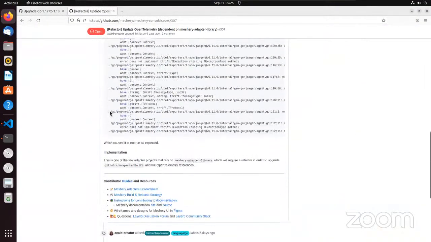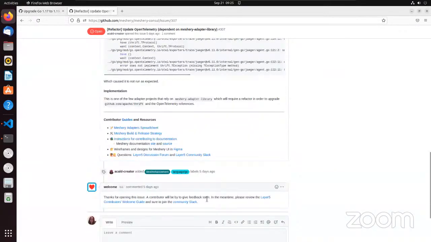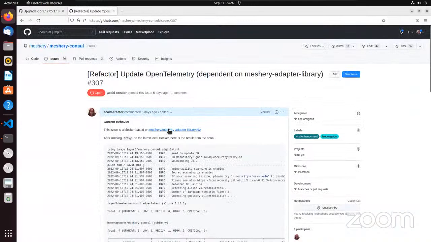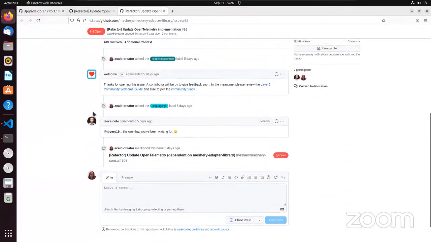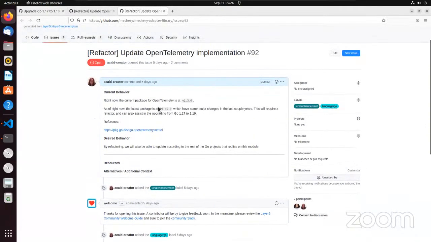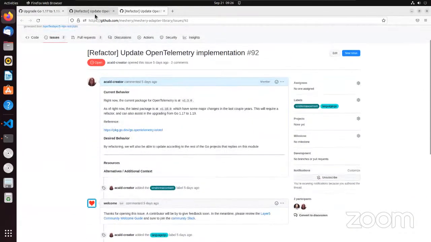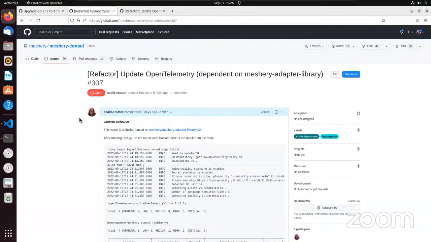Let's see. Oh, that one. The adapter library needs a refactor on the open telemetry also, which all the adapters are dependent on.